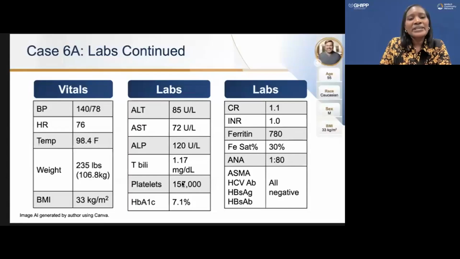You reviewed his labs. His ALT and AST are mildly elevated. Alk-Phos is normal. His T-bili is mildly elevated at 1.17 with platelets of 157,000. Hemoglobin A1C is 7.1%. Other labs are pretty much unremarkable. Hepatitis panel is negative and autoimmune workup is negative as well. The next step for this patient will be